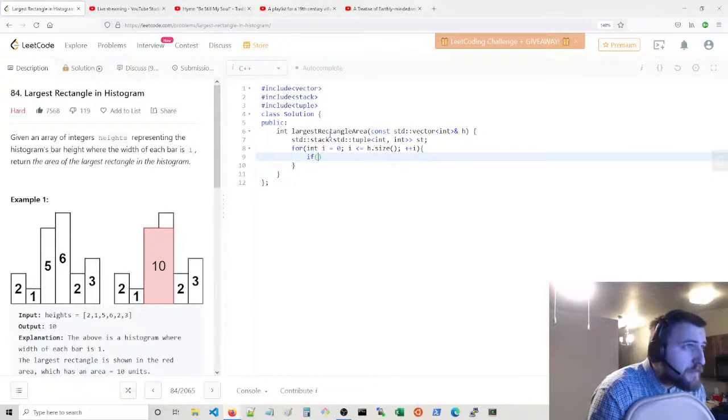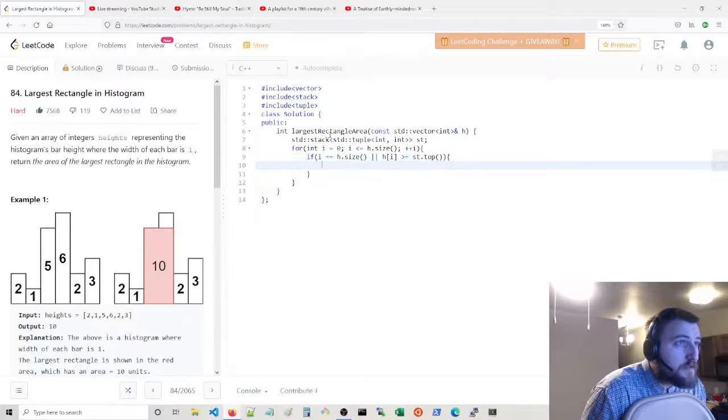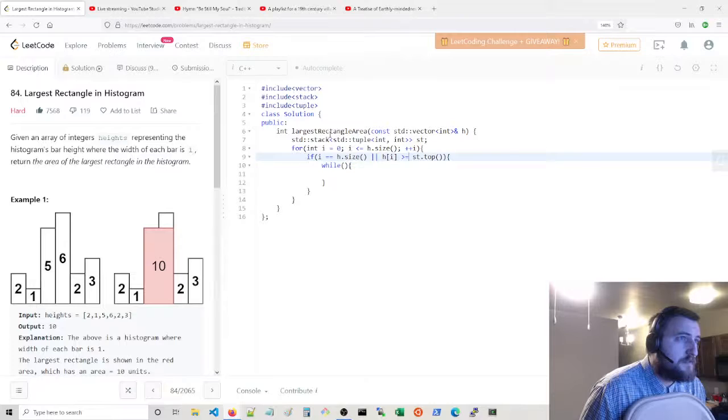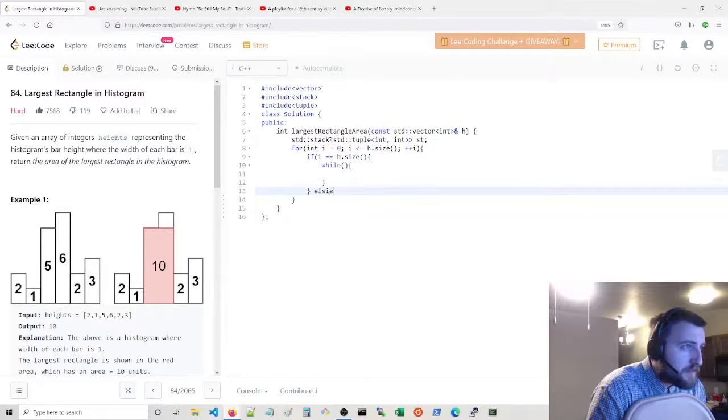So we're going to say if i is equal to h.size, or h of i is greater than or equal to st.top, then we're going to say while... Well, actually, no, we should do a separate check. So really, this is two different things. If we're greater than the size, then we're not going to check for the top at all. Else if